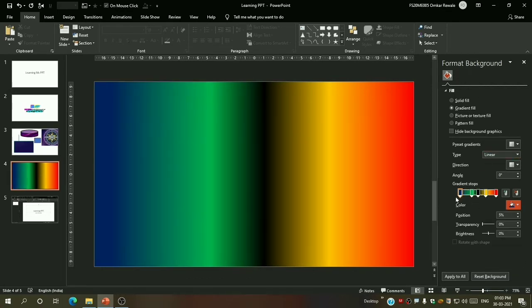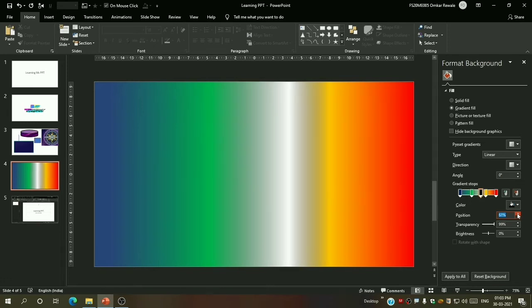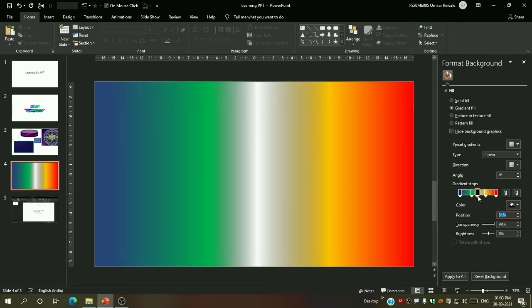Okay, now basically you can also make transparency for one stop. Well, let me select this and increase its transparency, you can see. Now let me particularly select this black stop, let me increase that transparency, you can see how it works. And positions are also provided, we can change the position from here also. As I'm changing the position, you can see the stops are decreasing and increasing.